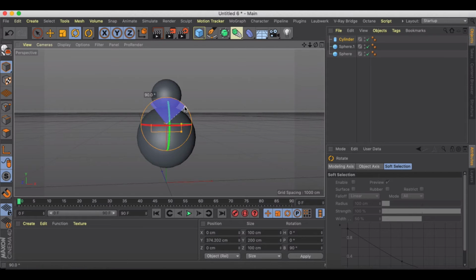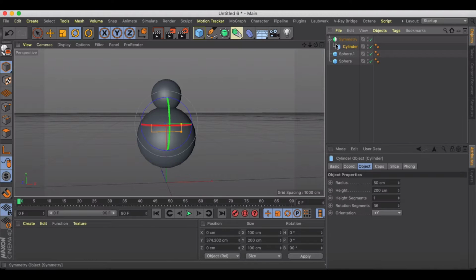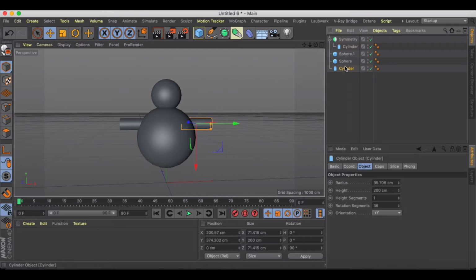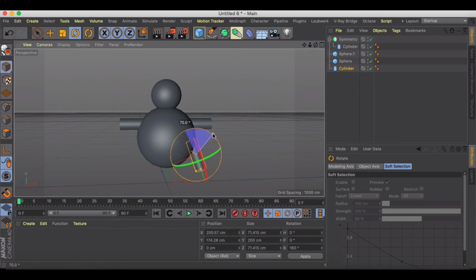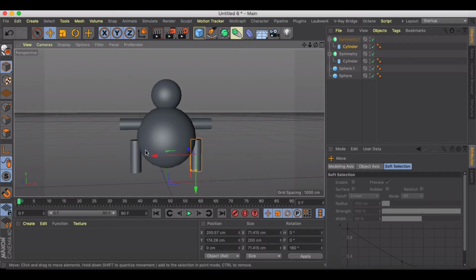So let me rotate this 90 and throw these inside of a symmetry. And that way I can just drag these out. Just kind of make them something like that. Let's grab another cylinder for the legs here. And let's do another symmetry for this cylinder. And I'll drag it into place. And I'll make his legs really kind of